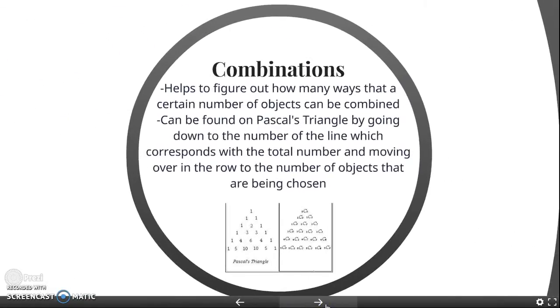Right, the next application. Pascal's triangle is huge with the application of combinations. Basically, combinations help you figure out how many ways a certain number of objects can be combined. The way that Pascal's triangle can be used, you take the total number of objects that you have for your combination and go down that many rows. And then you take the number of objects you want to choose out of that total number and go over that many, such as, if you can zoom into the picture,